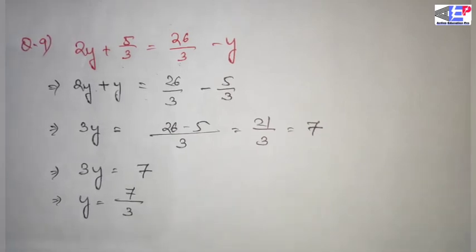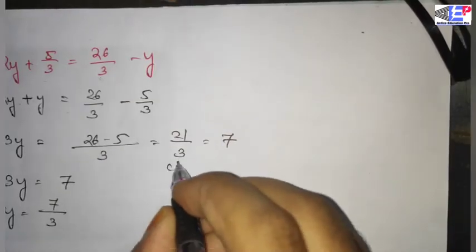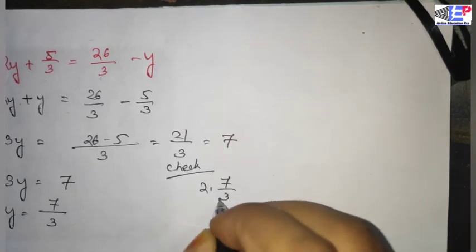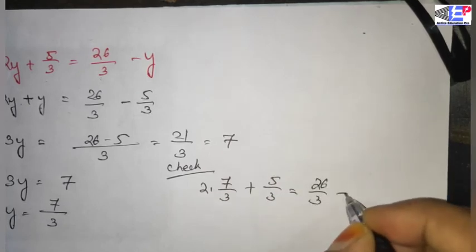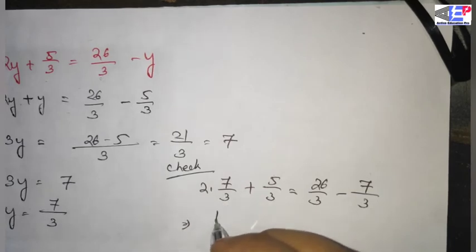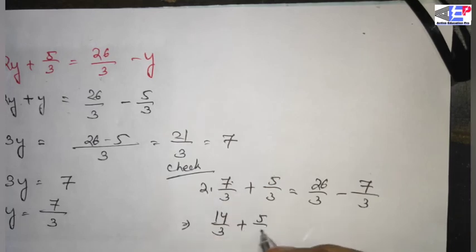Y is 7 by 3. The value of the variable is 7 by 3. Then check it. Here we check it. 2 into 7 by 3 plus 5 by 3, 26 by 3 minus 7 by 3, 14 by 3. By multiplying this 2 with the numerator, 2 into 7, 14 plus 5 by 3, and then